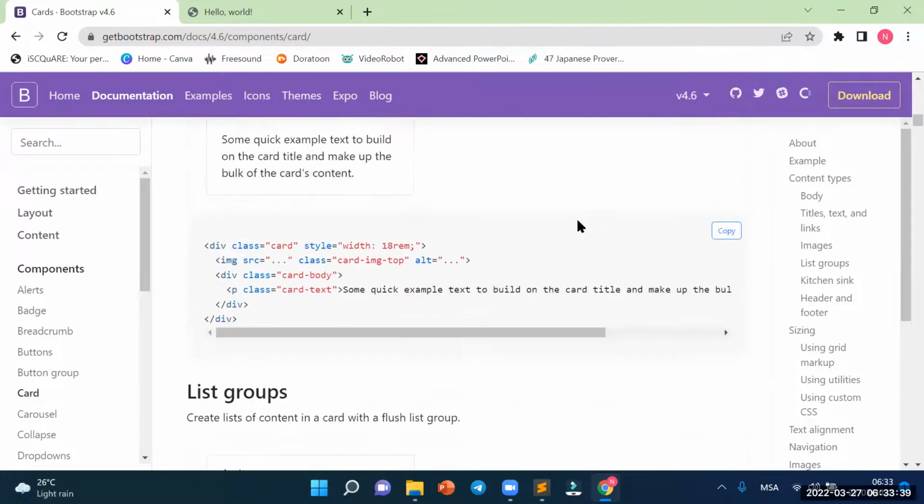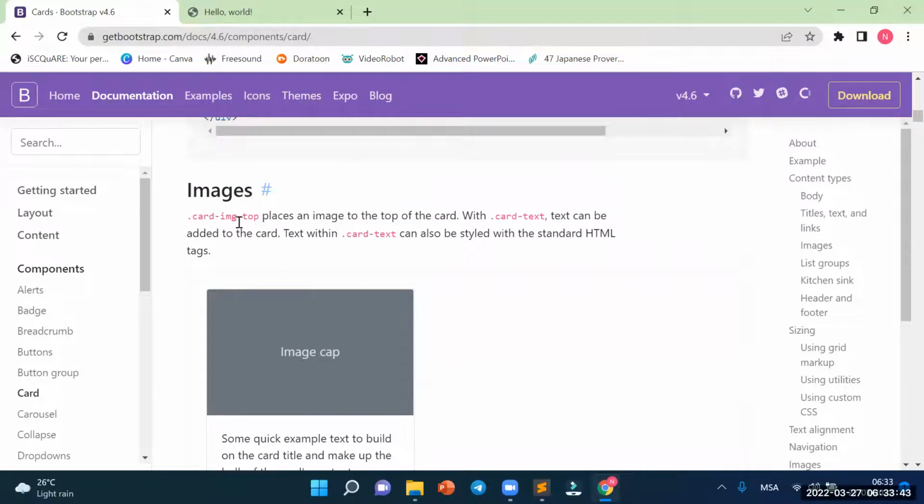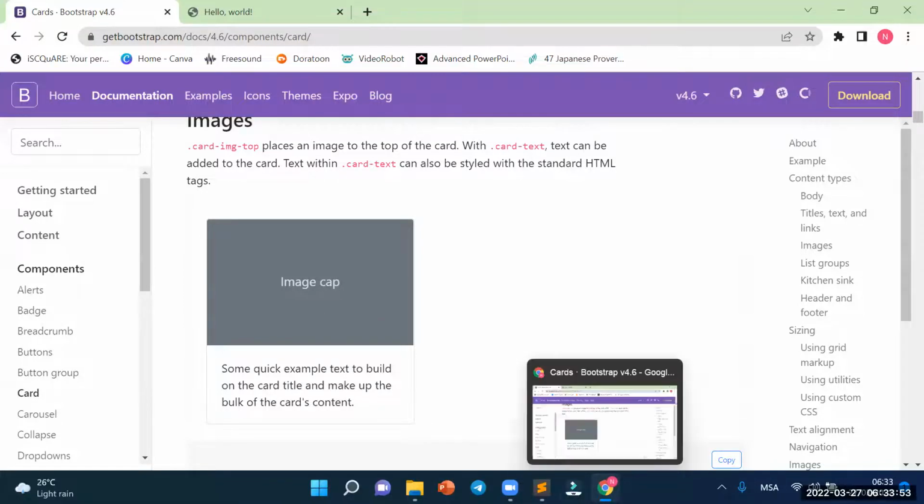I am going to choose a card. I'm just going to choose this, images. All right, card images. I'm going to choose this. Good, okay. So I've told you my plan. Now let's go back again. Now the next thing you need to do is,